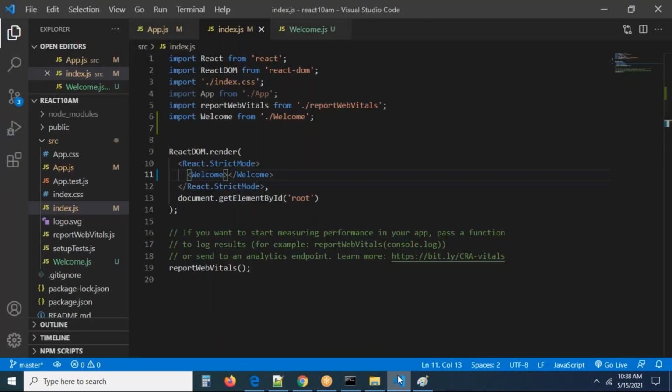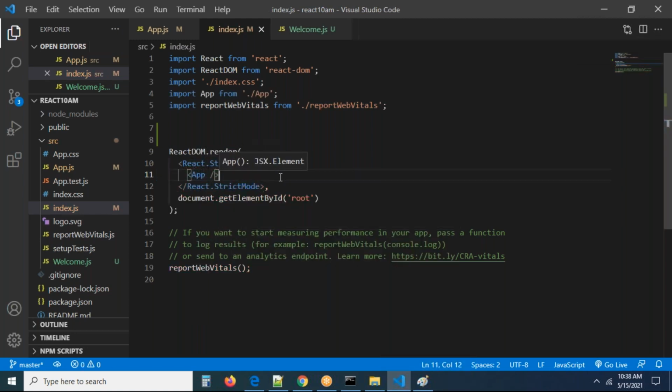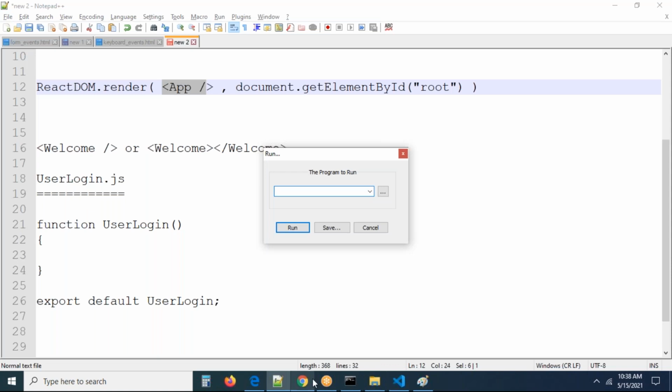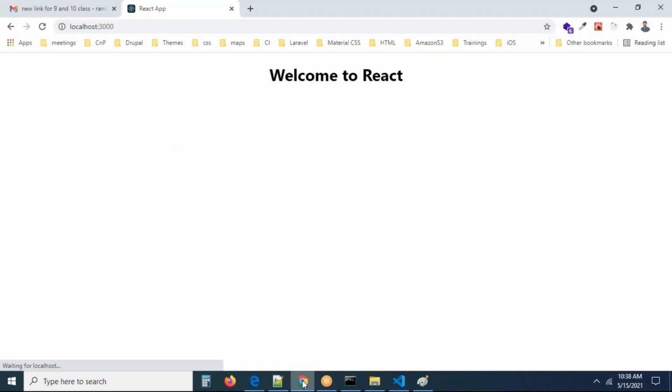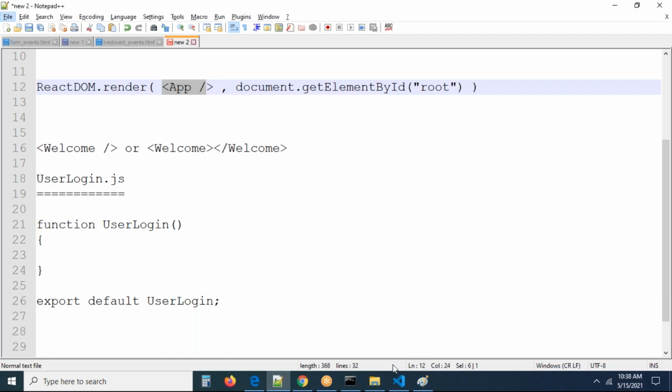What React is saying is to try to use app.js as a root component, guys. What I want to do here is App only. I'm going to take this App only. This is your App. Now you will get the output called App only. You are not getting any other output. What are you getting? App. Sir, I created my component, right? What is the component you created? You created a Welcome component, right?